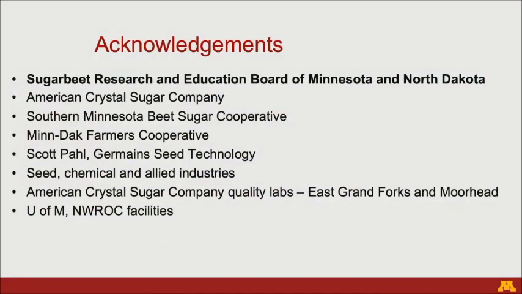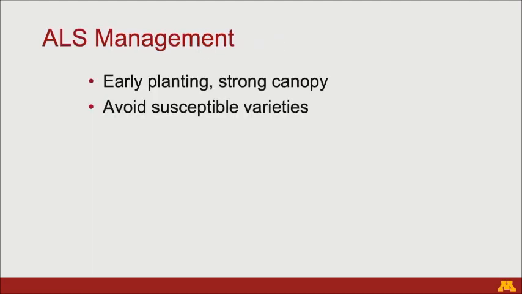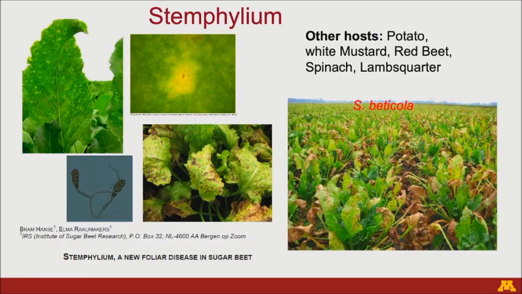So how do we manage this? I think most of the fungicides that we have right now for managing Cercospora are very good for Alternaria as well. But again, like I said, we don't have the issue with the susceptible varieties in our growing area, right? So now I want to talk about another disease. It's a leaf disease caused by Stemphylium. This is the last one.